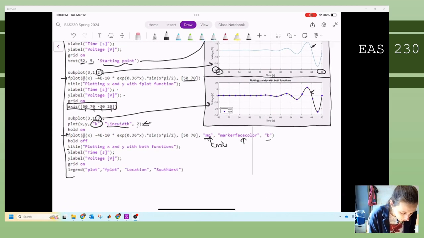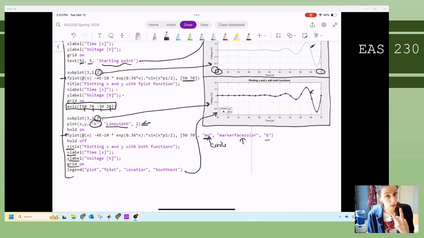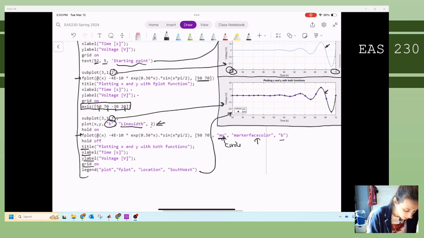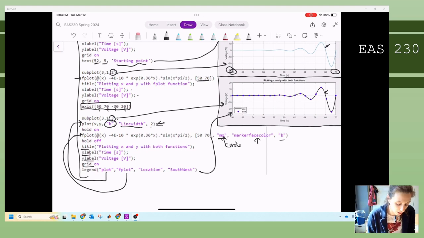I've added a title, an X label, a Y label, a grid on, and here's my legend. So I'm doing my legend. I have 2 lines. My first line is from my first plot. So this is from the plot function. My second line is from F-plot, so there's my second line. If we had more lines, we would just add in more text: the next line that was plotted corresponds to this text, the next line that was plotted corresponds to this text. This here is optional